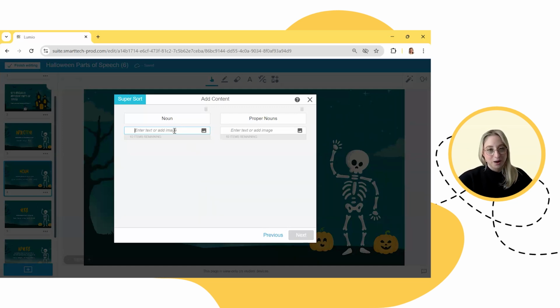So let's think of some nouns. And I'm just going to keep going with my theme here. So we had pumpkin, skeleton, we had candy. What else did we have? Ghost. So we got some nouns and some proper nouns. Let's see what we had. I think we had,